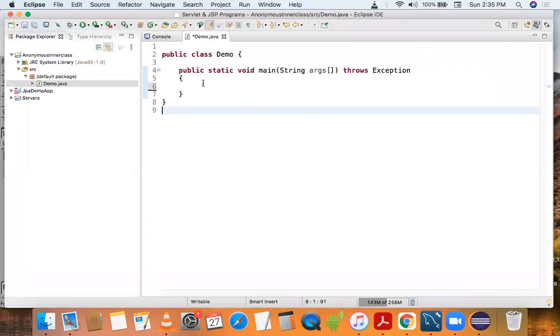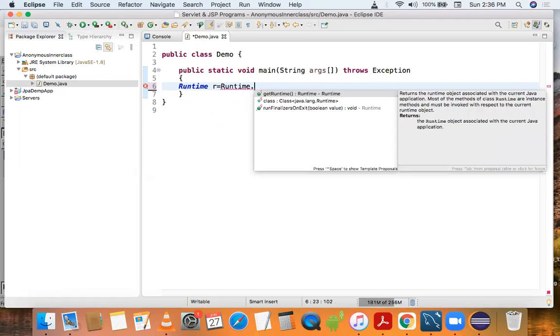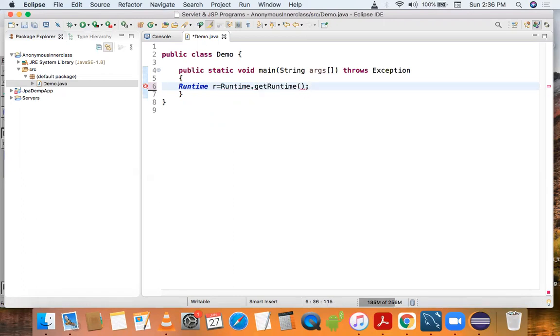So suppose here we will create an object for runtime class. Runtime r equals to Runtime.getRuntime(). So here we are creating a runtime object using factory method.